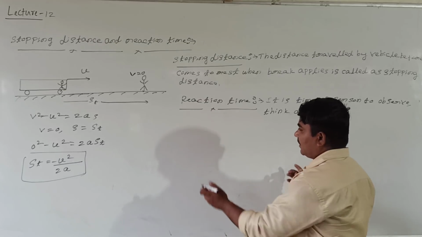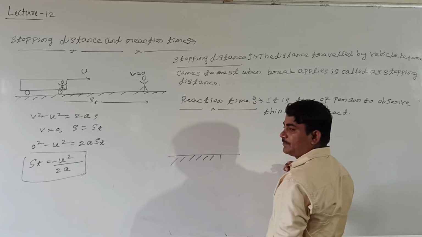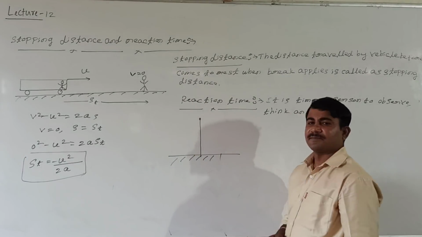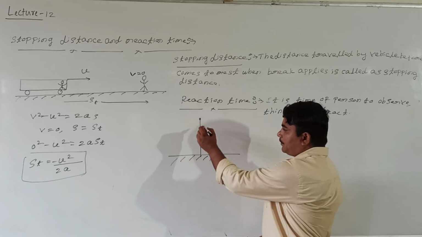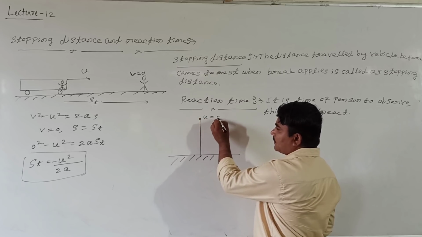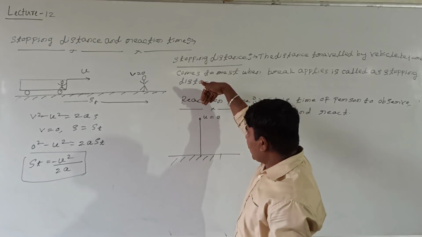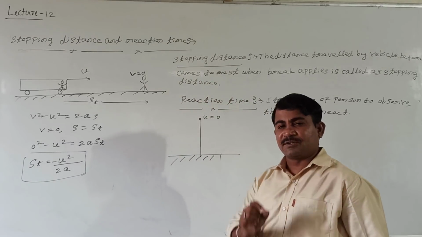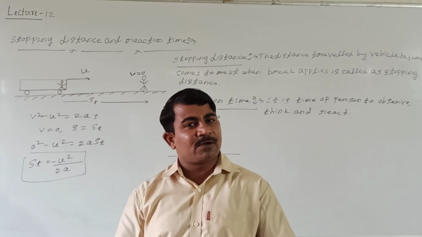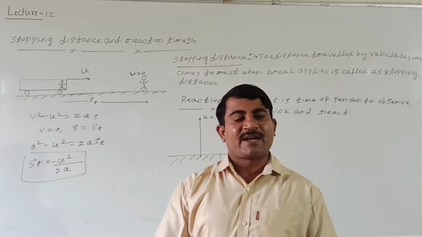See here. Let us take this as the ground, right? And this is the top of the tower. When the body is projected from this point, what is the initial velocity? Initial velocity is 0 before falling, and the body comes from the upper position to the lower position. g is taken to be positive, right? When the body goes upside, g is taken to be negative. Already we have taken the sign convention in the last class, right students?